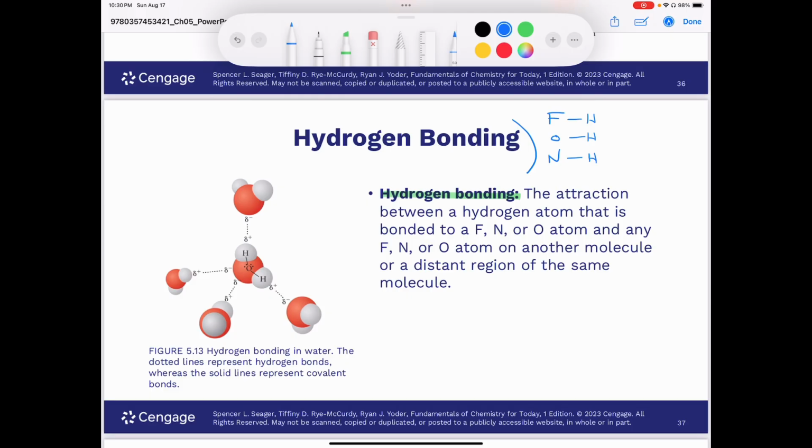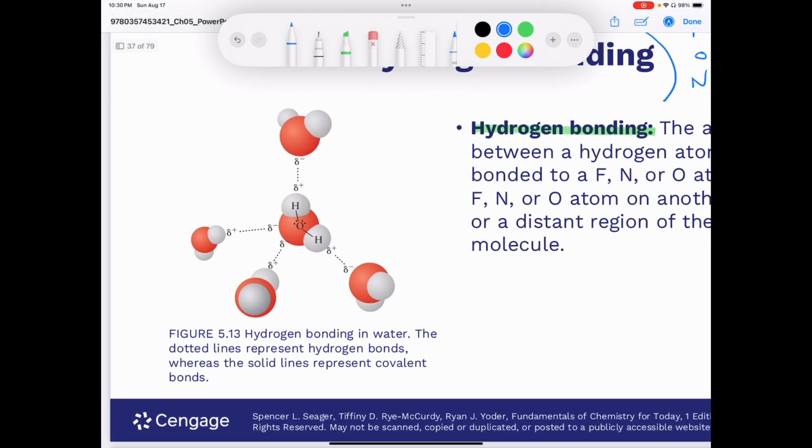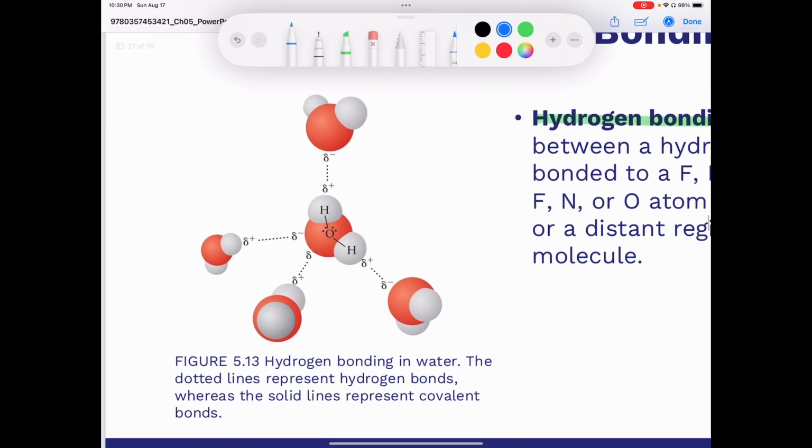If you don't have one of these, you cannot have hydrogen bonding. And so if we look at the example that's shown here, they're showing you the hydrogen bonding that takes place between water molecules. So if I put my delta positives here by my hydrogens, my delta negative over here, and my lone pairs like this, you can see that what they're showing here is